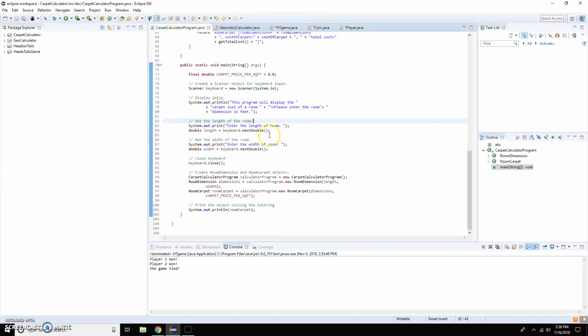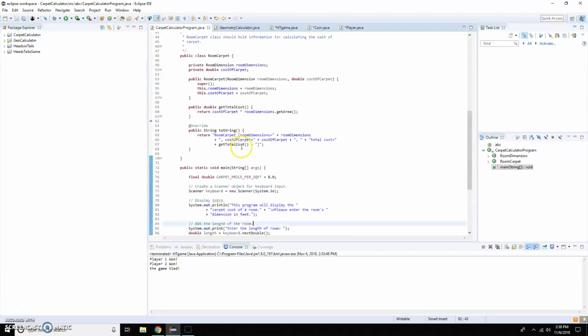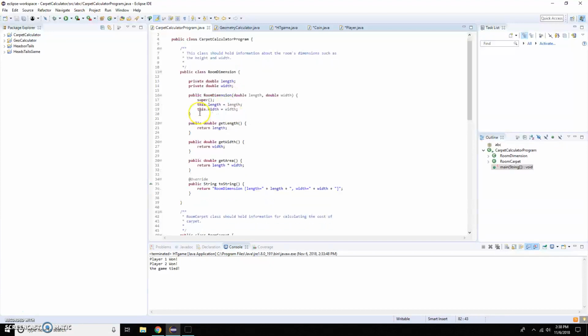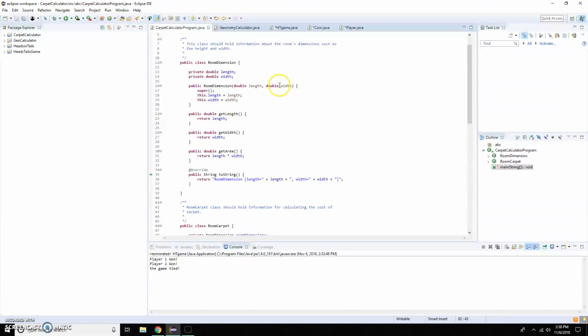Okay, for chapter 6, I was asked to write 3 separate programs. The first one is going to be a carpet calculator program for Java. We'll begin by creating the class for the carpet calculator. You create a public class for the room dimension, which will take the length and width into account. You set a double for the length and width because it could have half a foot, half an inch, whatever